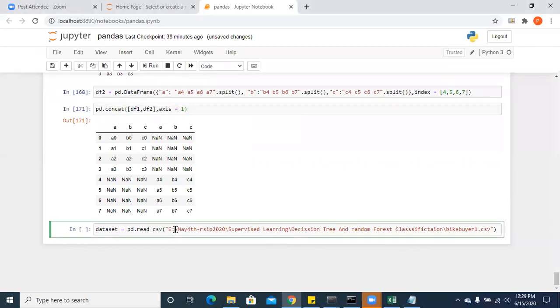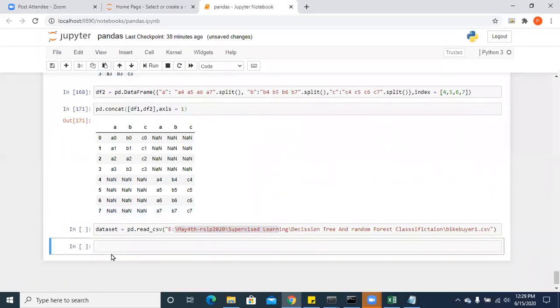Basically your Python will consider this as, you are aware of these things, right? Slash n, slash t. What are all these called? Escape characters. Yes or no?